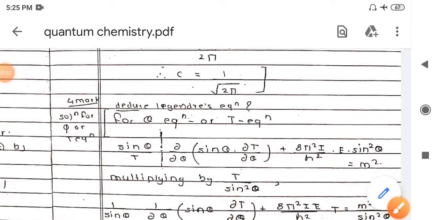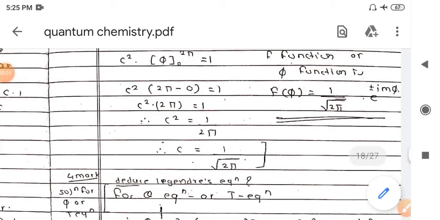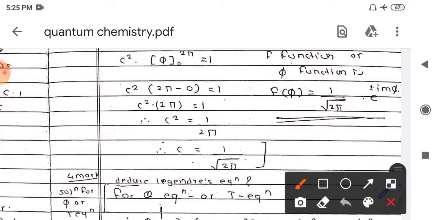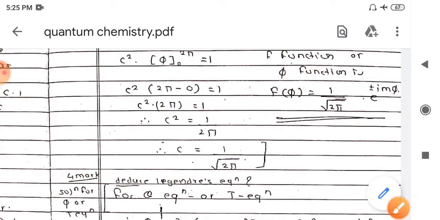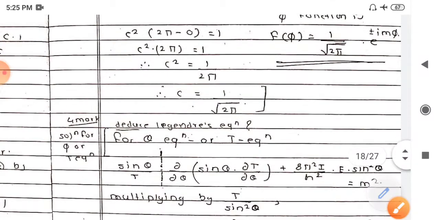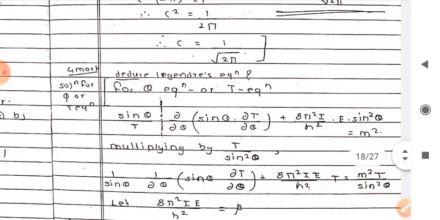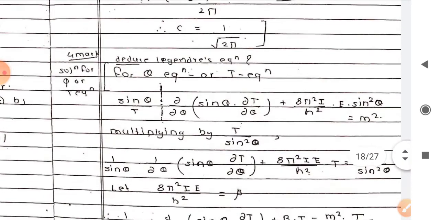So in the previous lecture we have seen the solution for the f equation, or the phi equation. The solution for the f equation is 1 upon square root of 2 pi into e raised to i m phi. So for obtaining the solution of the t equation, or the theta equation, we have to use the remaining part